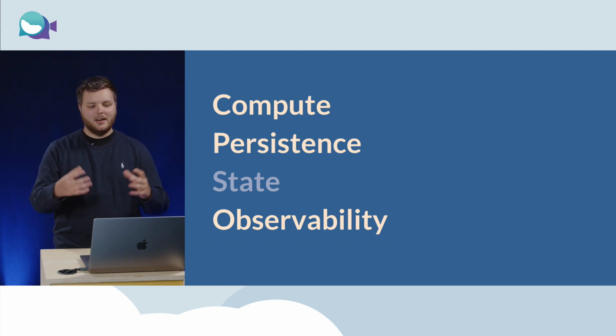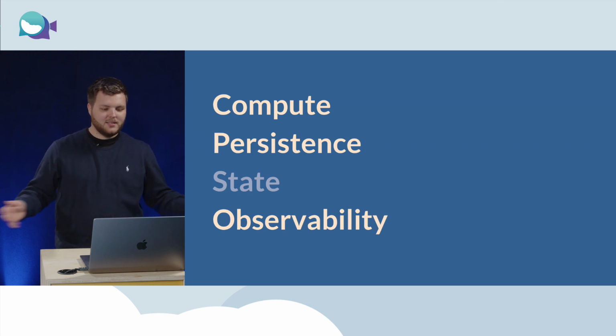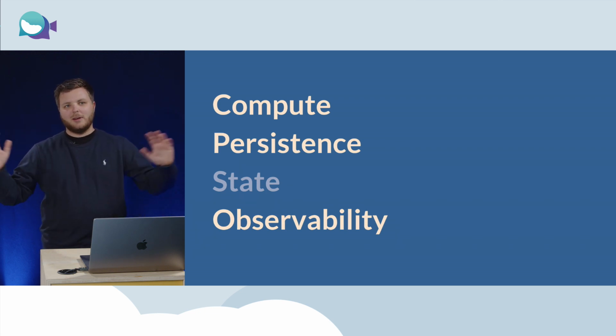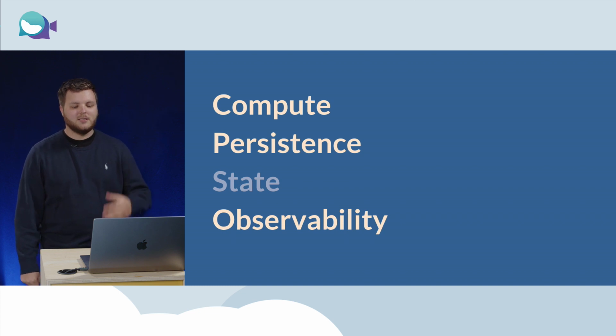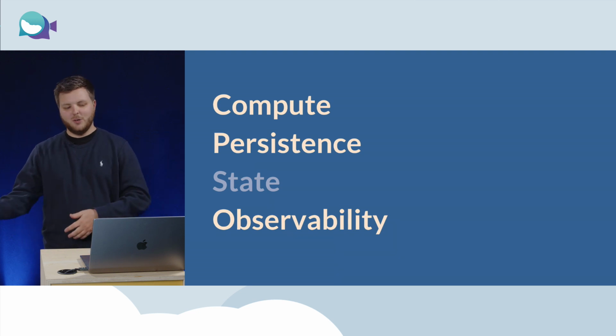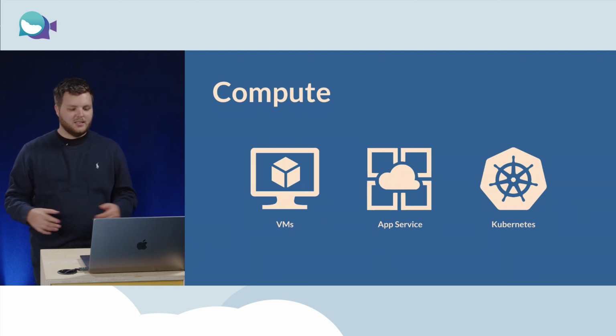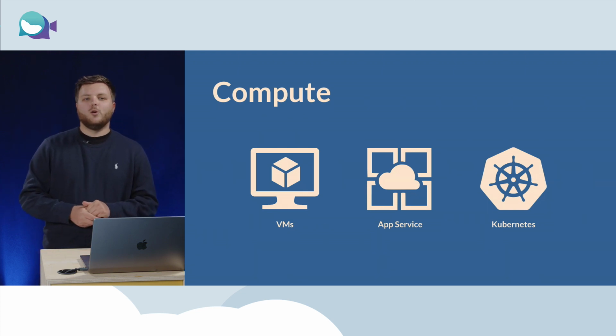you get your compute to be multiple instances, how do you get your data storage to be able to handle lots and lots of requests. Observability is when and why do you need to perform actions that will make compute and persistence able to handle all the traffic. So just as a bit of an example, we've got a few different forms of compute in